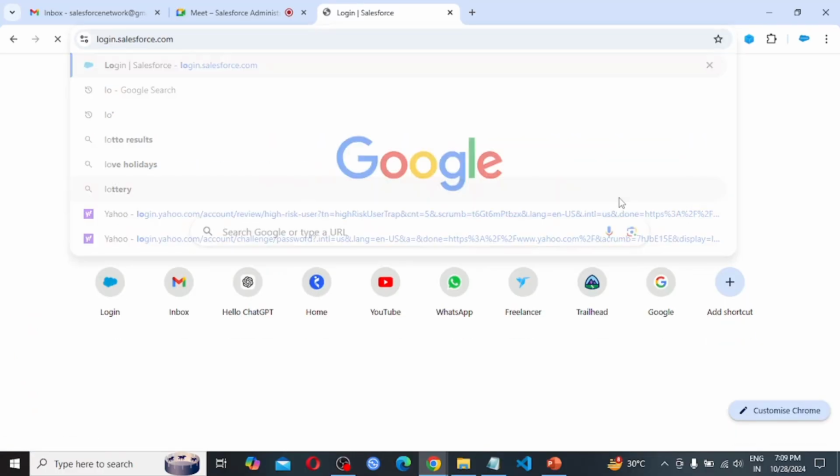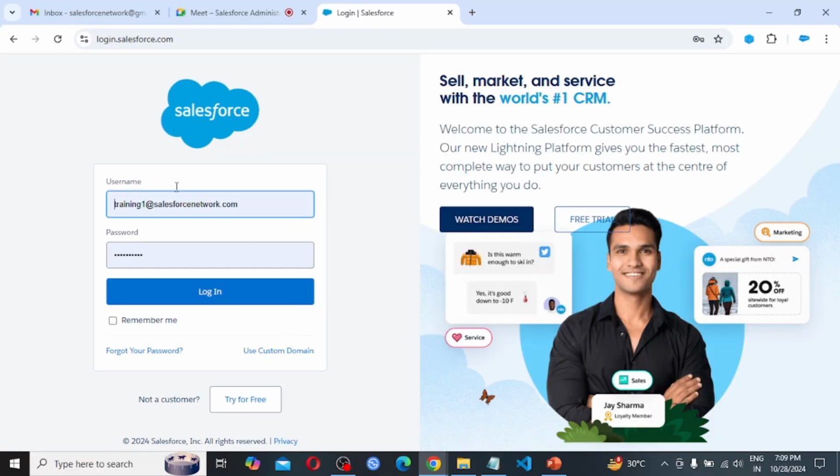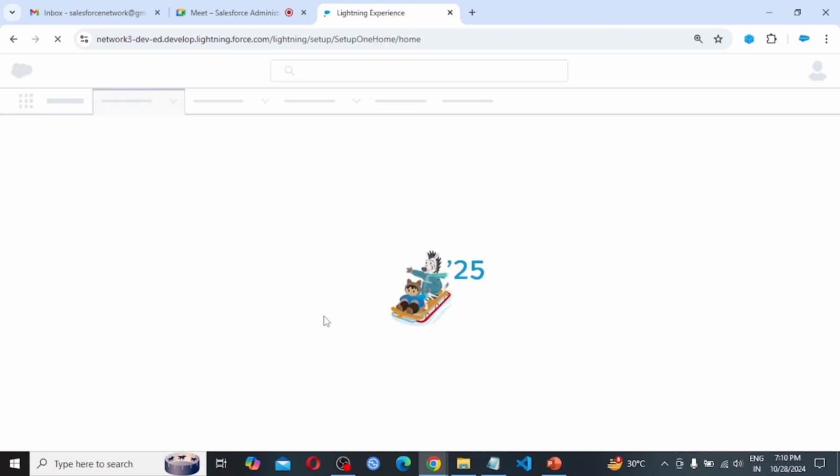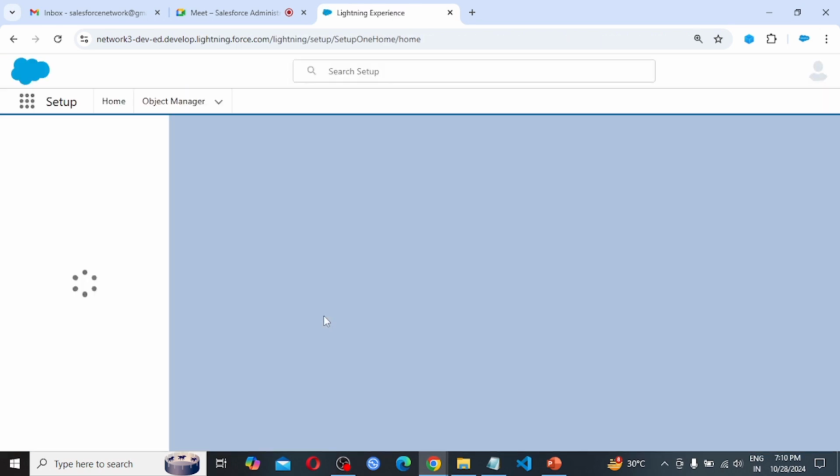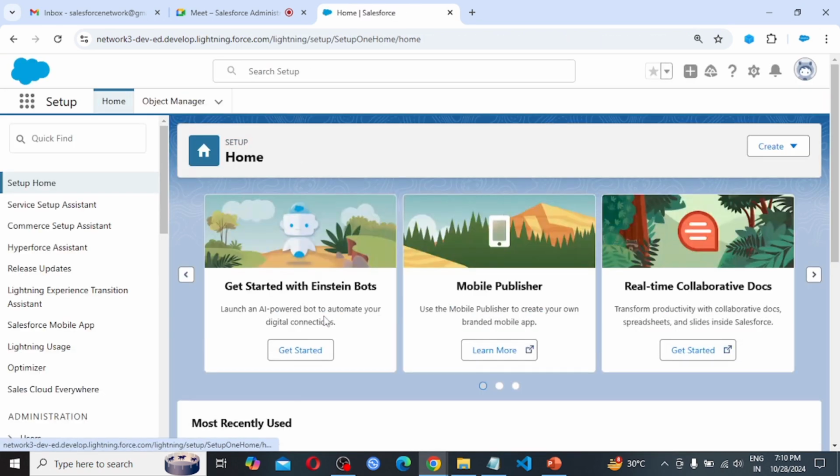Let's log into our Salesforce account by providing the credentials. Hit the login button. To create the workflow, in the quick find box we need to search for workflow.